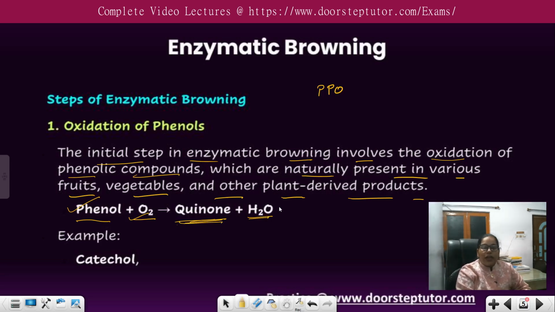This is the summarized reaction of the statement, and an example is catechol. You can say catechol however you want; it's all about your pronunciation. Catechol is a very common phenol that is easily oxidized to quinone. Phenol, when it reacts with oxygen,